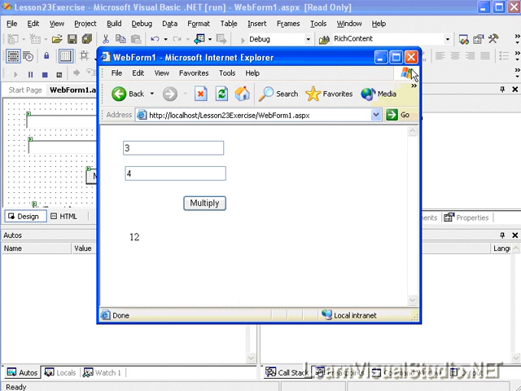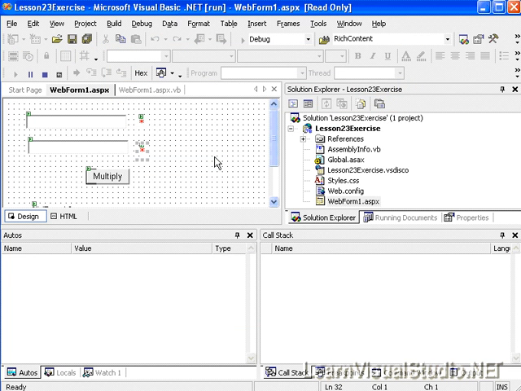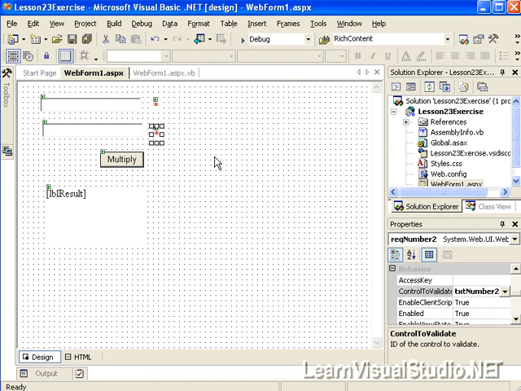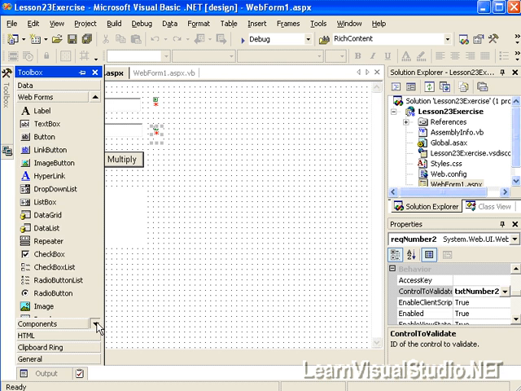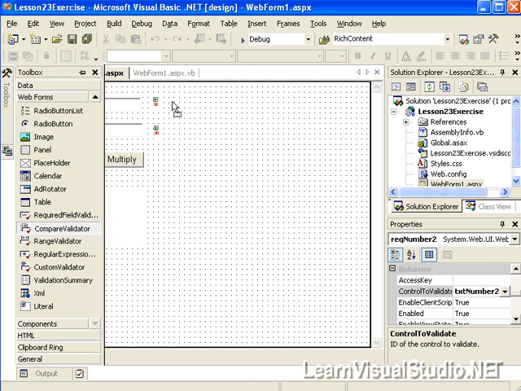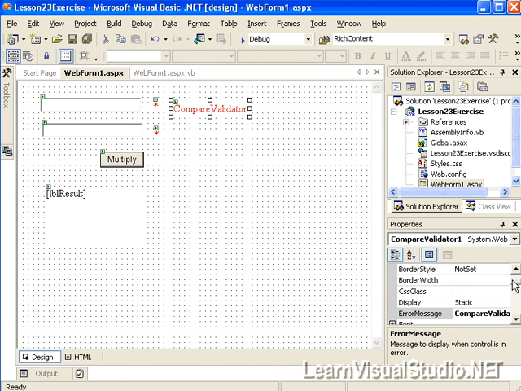And it works. Okay, so the next part of this exercise is to use validation controls to ensure that the user only enters numerical values. So we'll use a different type of validation control for that. And what we'll want to do is use the compare validator, and we're going to have to set a couple properties on this. First of all, I'm going to set the name to